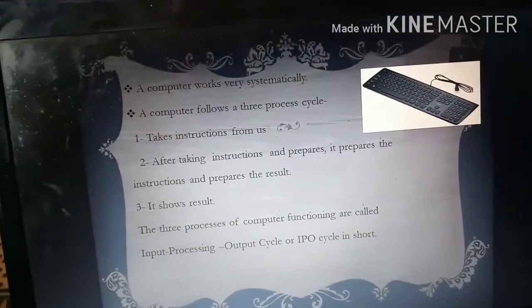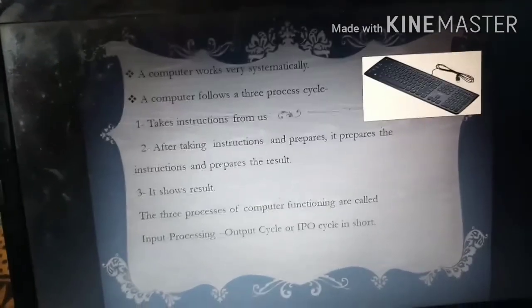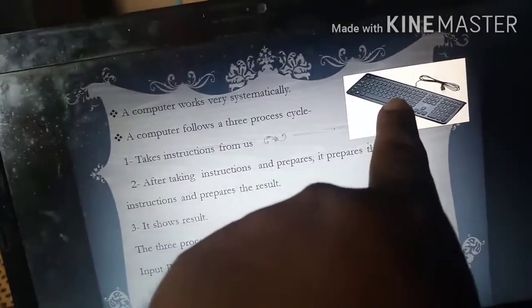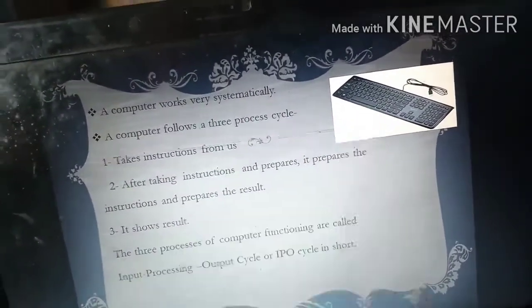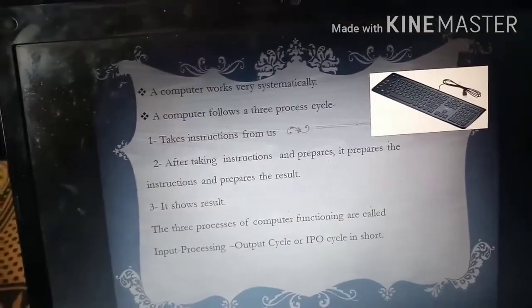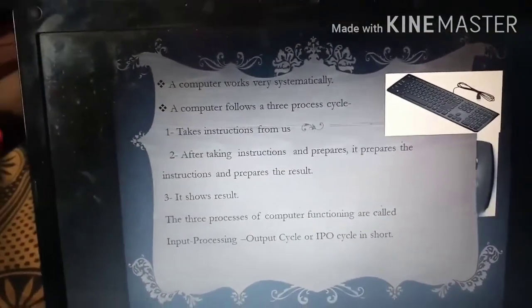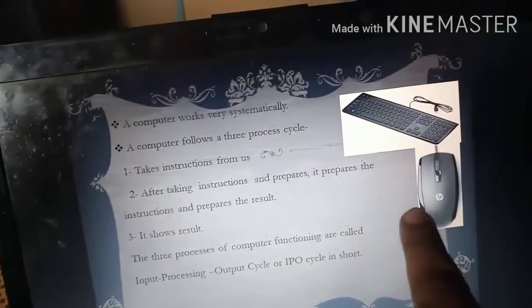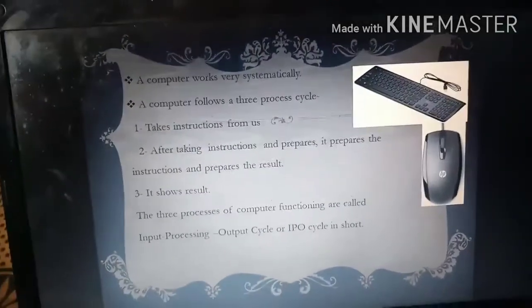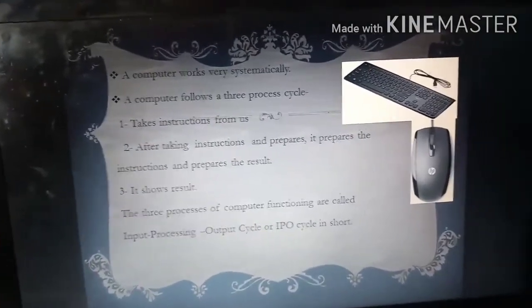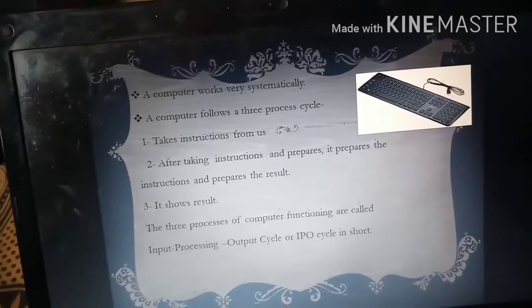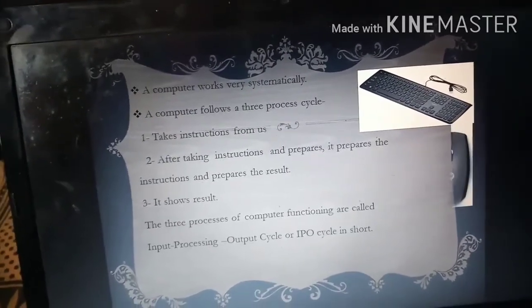So you can see in the first point that it takes instructions. It takes instructions from this, your keyboard, and also it takes instructions from the mouse. It is your mouse, also an input device. So these two, the first image is your keyboard and now it is your mouse.